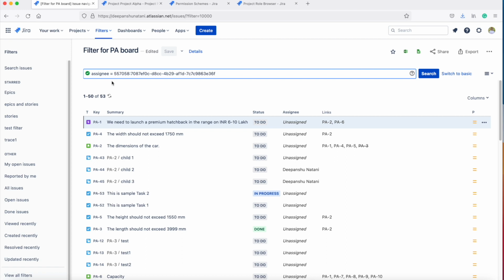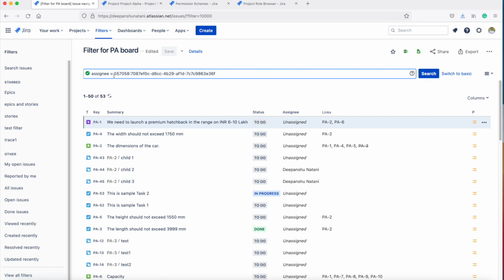And why? Because this filter query does not define which project it is applicable for. If your board is using such a filter query, it will not be possible to determine the projects to which it is applicable. To handle such a case, you will have to provide the user with manage sprints permission in all the projects in the Jira instance.